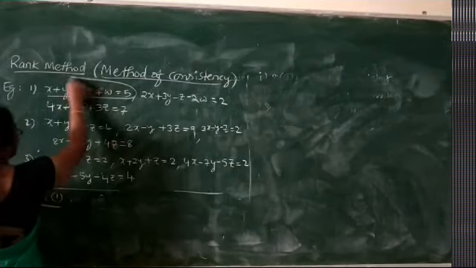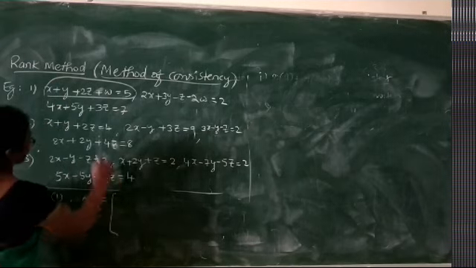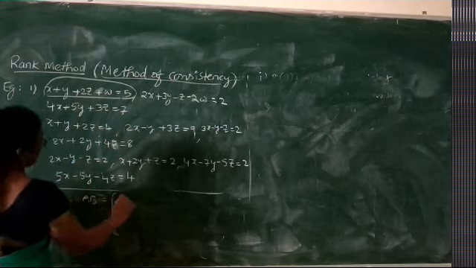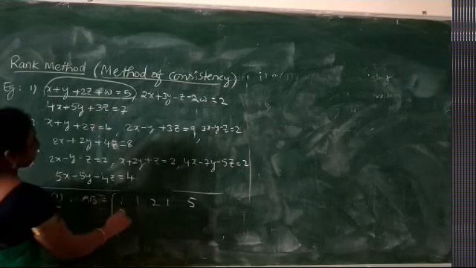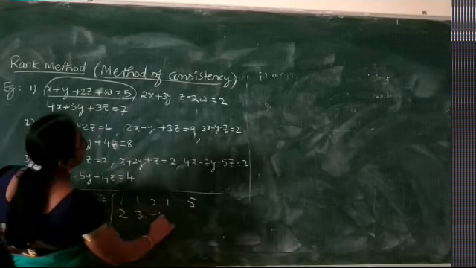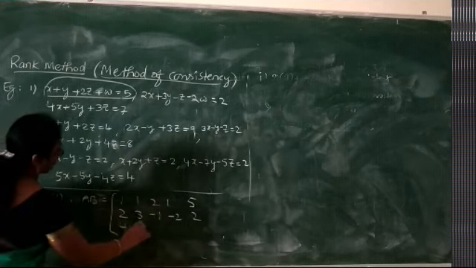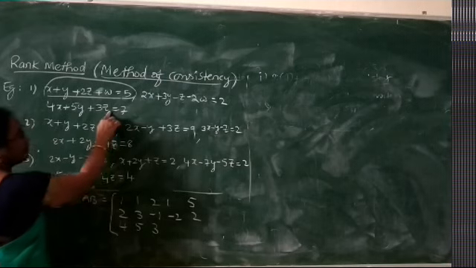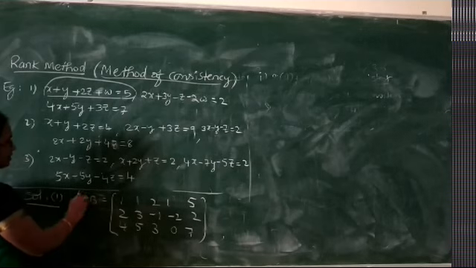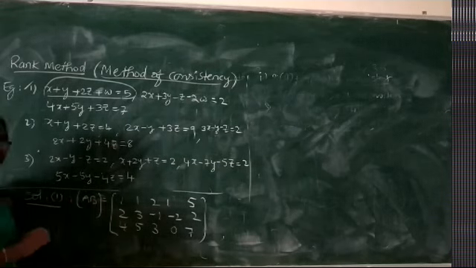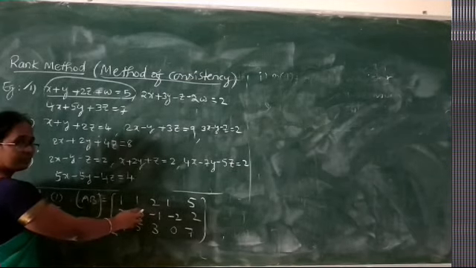So from the first equation, let us write the first row. The augmented matrix is, from the first equation, the first row we get 1, 1, 2, 1, 5. From the second equation, we have 2, 3, minus 1, minus 2, 2. From the third, we have 4, 5, 3. There is no w, meaning its coefficient is 0, 7. So this is the augmented matrix of the first given system. Now we have to reduce this system to echelon form, right?